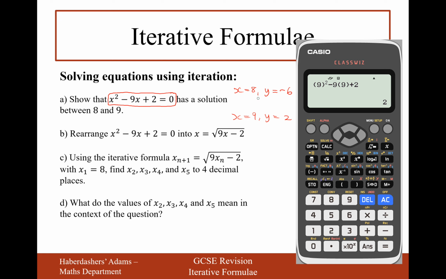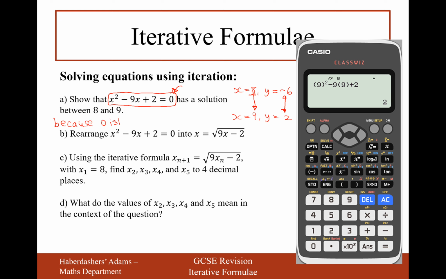Now as you go from 8 to 9, the output is going to go from minus 6 to 2. Given that between minus 6 and 2 is the number 0, which is what we want it to equal, there is going to be a solution between 8 and 9. So you'll have to write a sentence then,